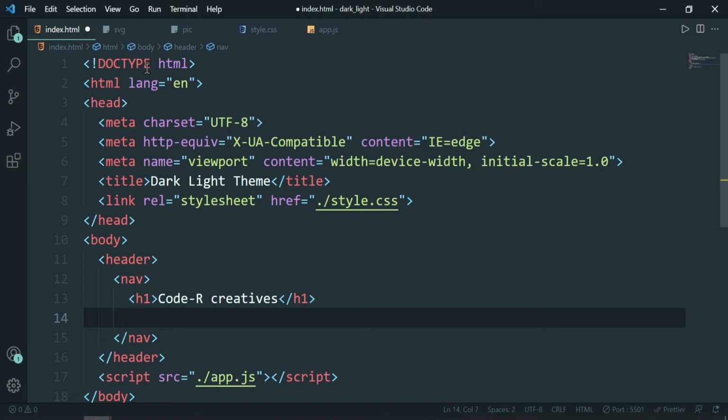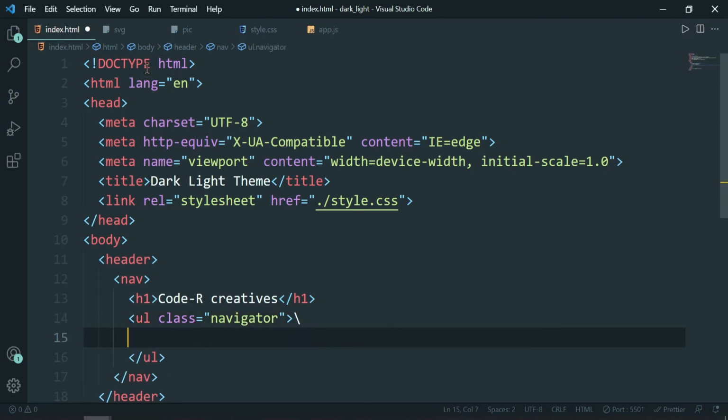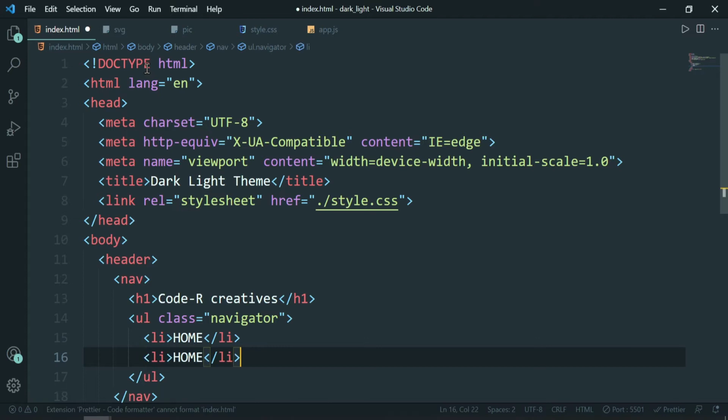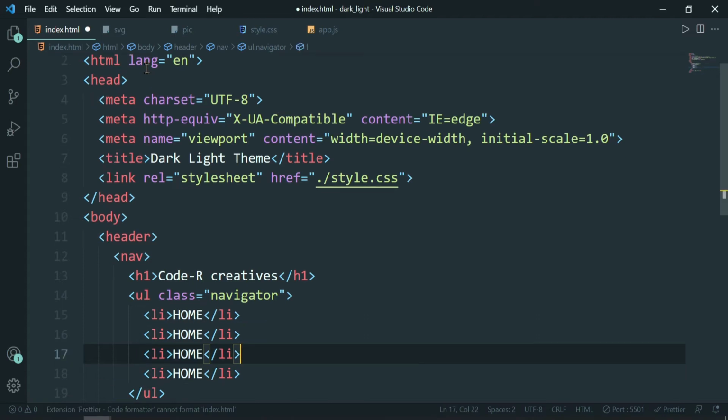After that, we will be having a ul, and this ul will be having a class name. Let's give this a class name of navigator, and after giving this a class name of navigator, let's have here li of home, and copy this out and paste it three to four times.